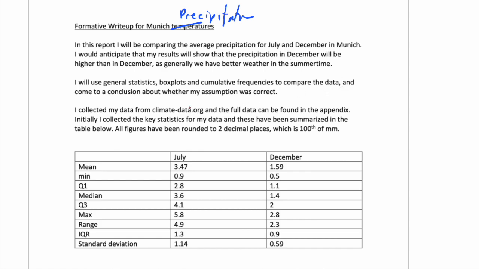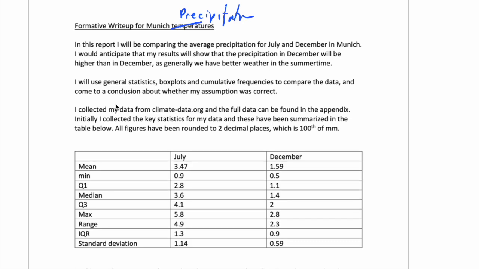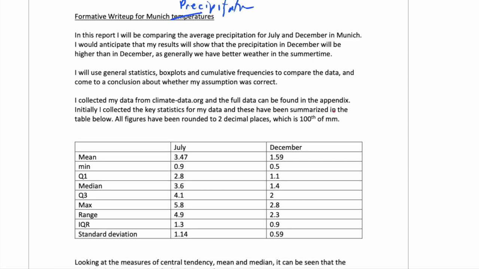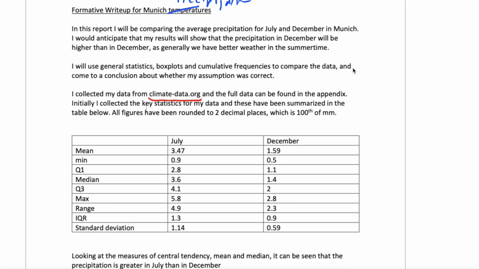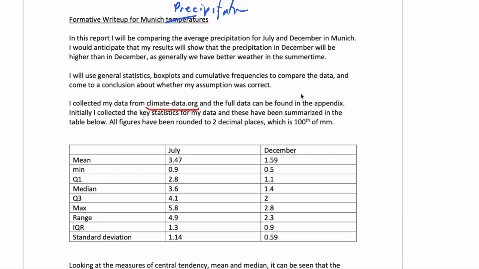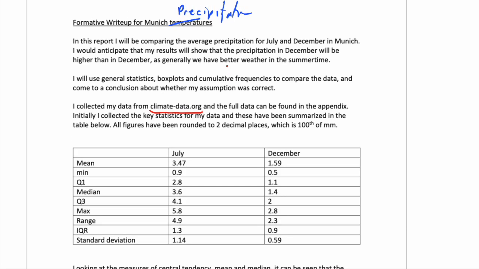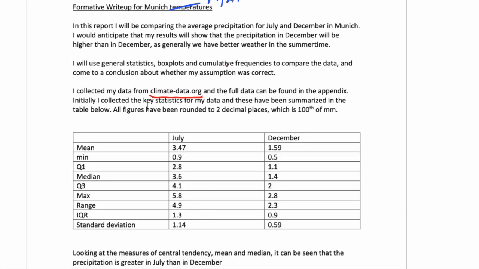If you're doing a statistics project, you probably want to start off by talking about the data and how you collected it. Maybe discuss how reliable your data is and what the source of the data is. This link should be in a bibliography at the end if you got your source from an online source. You're required to have an introduction, but even though it's at the beginning of the document, you don't have to write it first. You want to write this last after you finish the document. Just because it's at the beginning of your project doesn't mean you do it first.